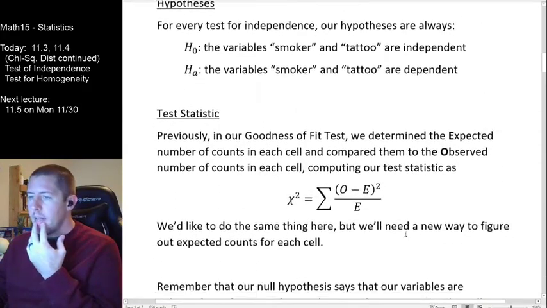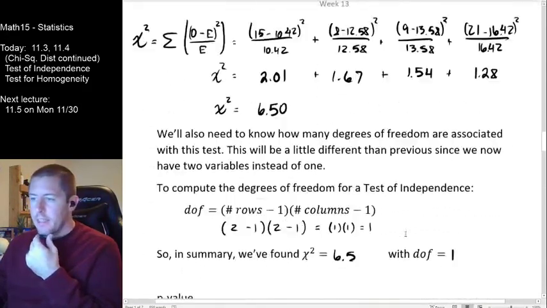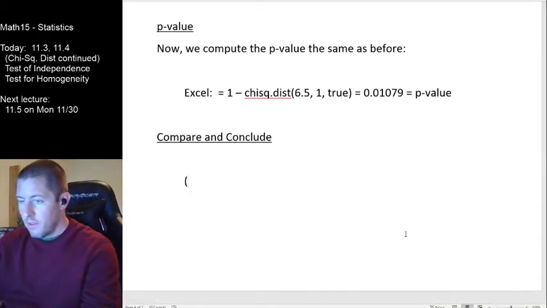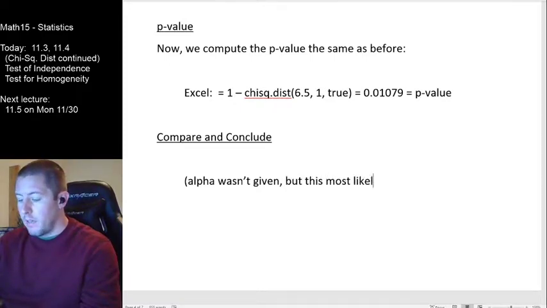Yeah, it looks like I didn't state an alpha value here. I still think that this is a pretty extreme result right here. So I'm just going to say alpha wasn't given, but this most likely qualifies as a rare event. So I'll go ahead and say